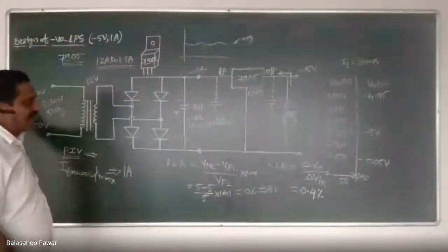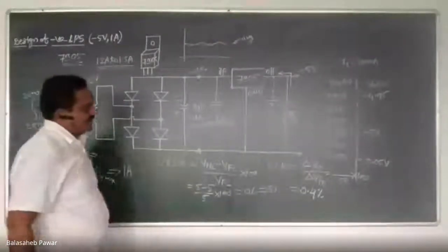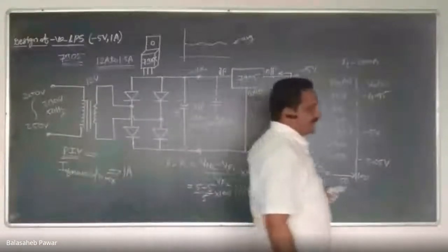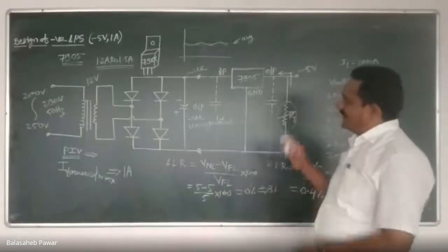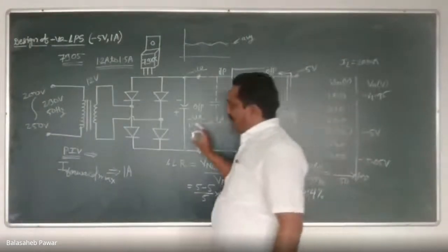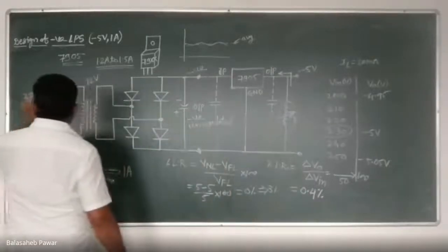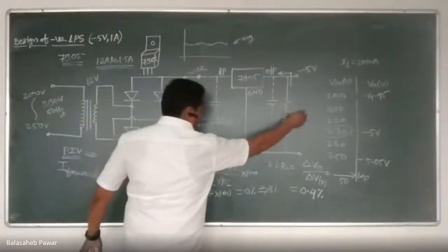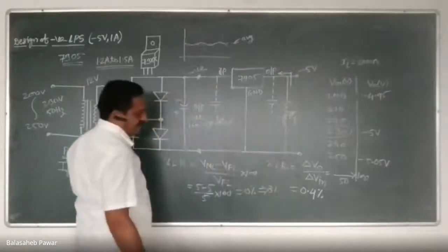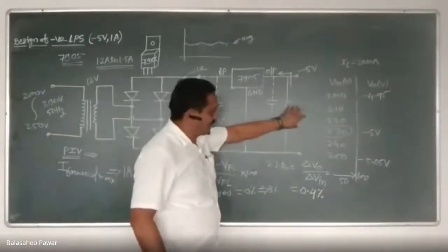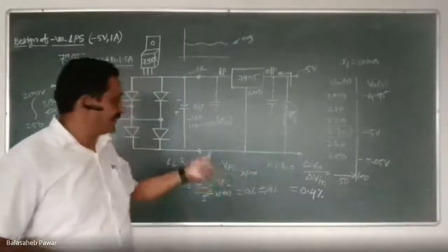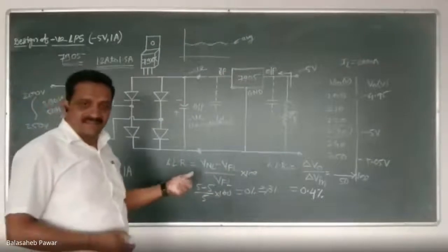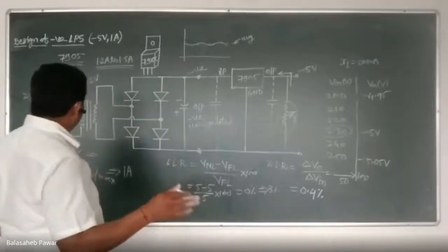Right? I think you might have understood these parameters related to any regulated power supply. If the linear power supply is regulated, even if there is variation in supply voltage, the output should remain constant. It should not get affected. Ideally it is 0%, and practically it should be closer to 0% percentage line regulation as well as percentage load regulation. Is it okay? Yes, sir. Okay.